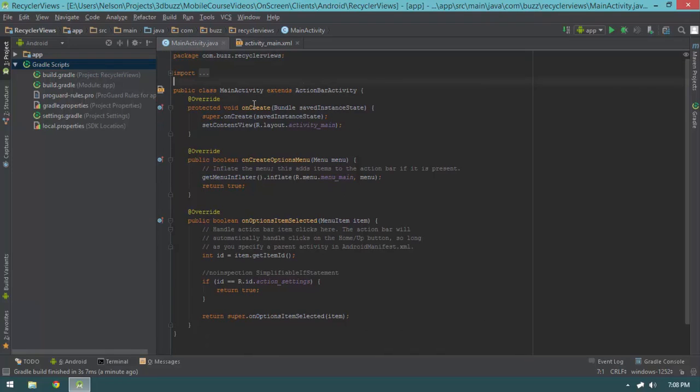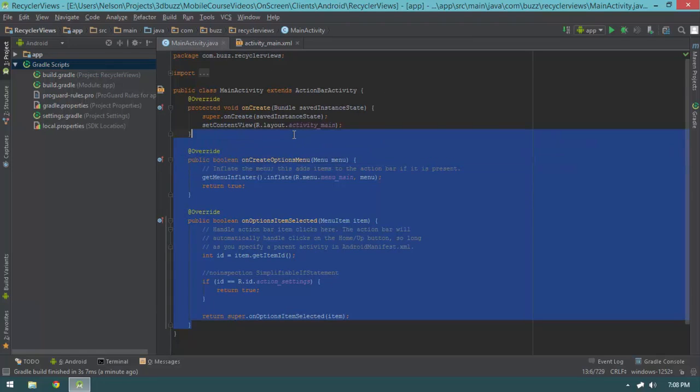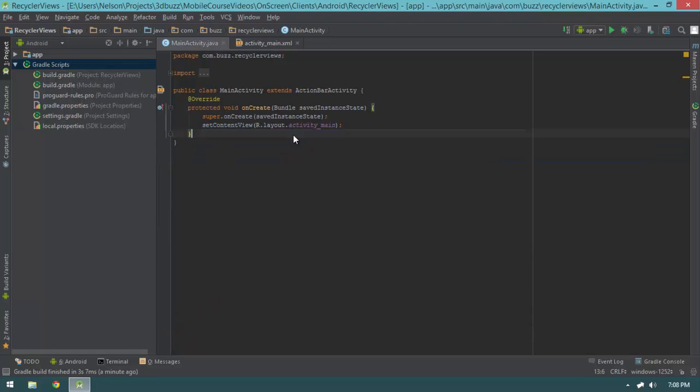And what I'm going to do here is go ahead and nuke all of this code right here. Basically, we're not going to be using the action bar in this example, so just to clean up the code a little bit, I'm going to get rid of all that. Now I'm going to start kind of backwards, going from the bottom up. The reason why will be pretty clear as I'm doing it,